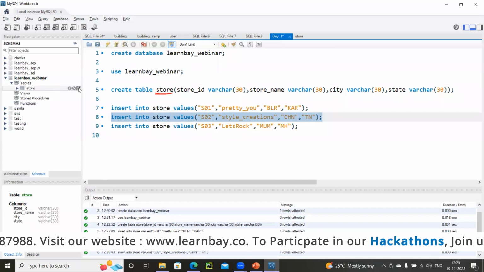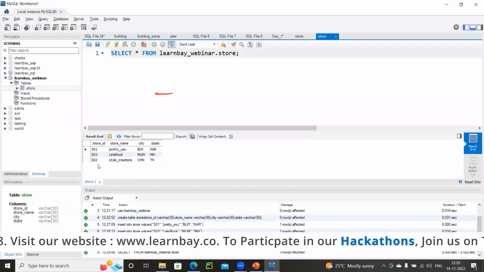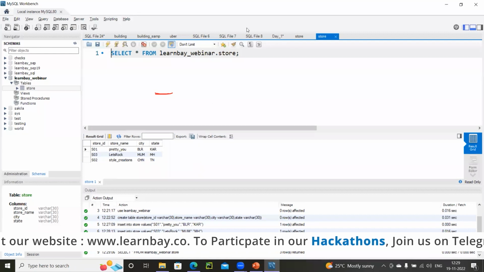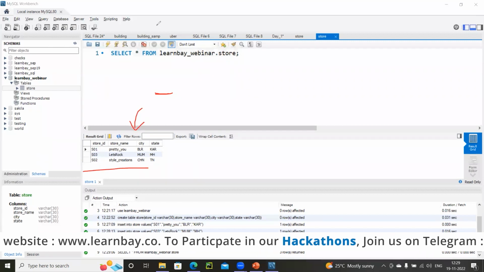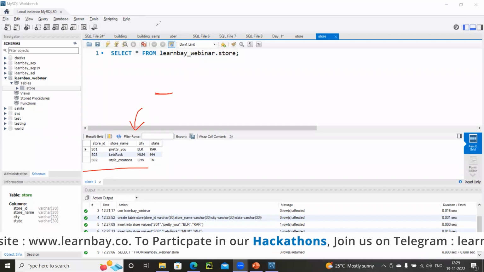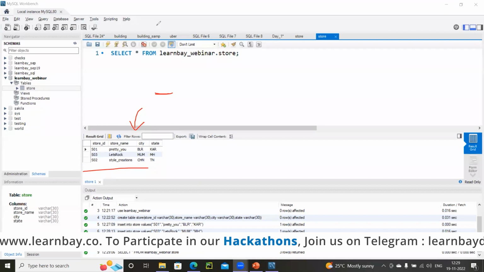Now go ahead and click on the store. You could see all the entries have been added. Can you see the result? So the records that I have kept inside my table. Yeah, Girija, I just now found it. Thanks, Girija, for letting me know. I ran it now.